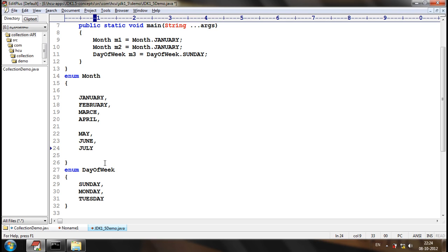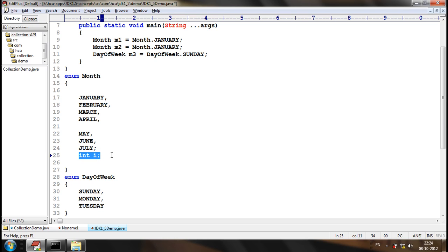But if there is any member other than the enum constants, definitely there should be a semicolon at the end of the enum constants. Then only we should start writing the members. Now this will be compiled successfully. Understood? The first semicolon will be considered the end of the enum constants. After that, whatever we declare will follow the specific syntaxes. It will not be considered as an enum constant.